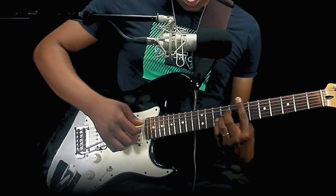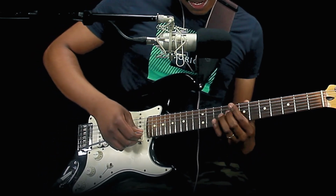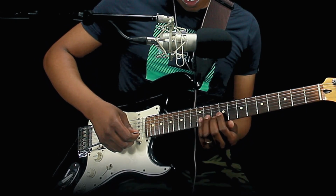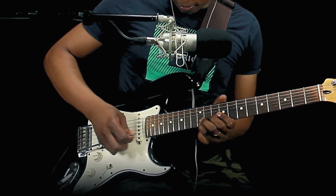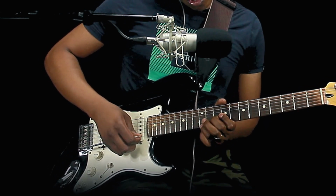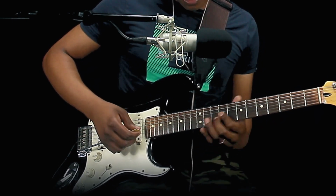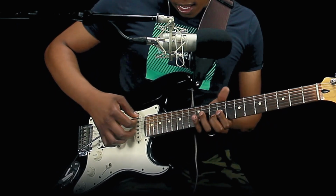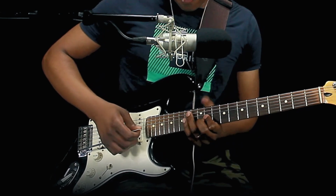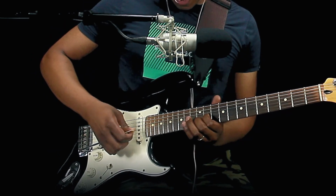So it's different because he plays the 1, yes, the way we played in the beginning, but then there's this extra note, which is from, so it's a 4, 5, 4, 1. It's a 4, 5, 4, 1, and then he moves to the 6, and then, so this is basically a movement from 4, 5,